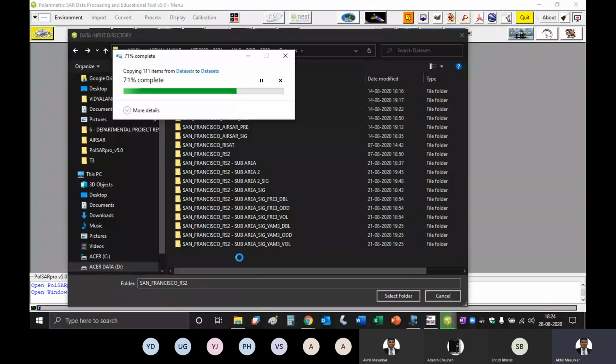Mine is 60-70% complete. Within half a minute, it should be great. So I am doing this because then it is better for me to understand on which I have applied sigma and what I have done.